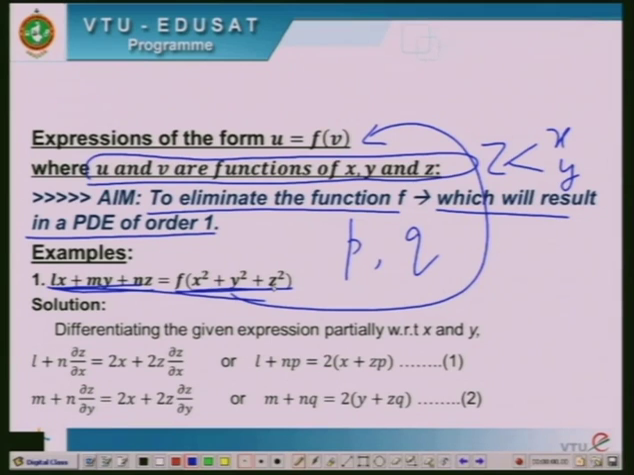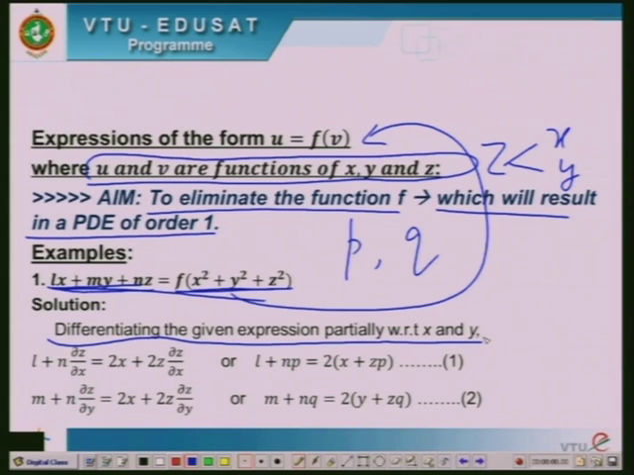Now, my friends, how to eliminate the function f? It can be done by just differentiating the given expression partially with respect to both x and y. So, first, differentiating the given expression partially with respect to x and y, we get: